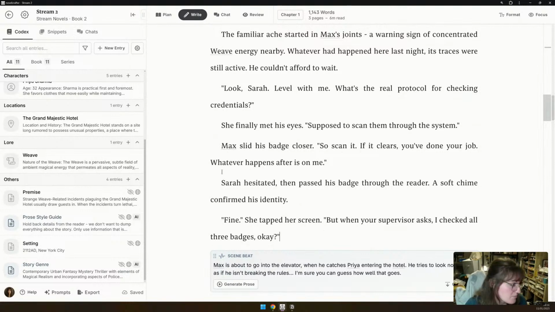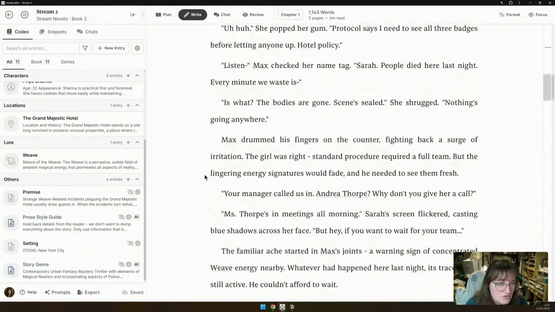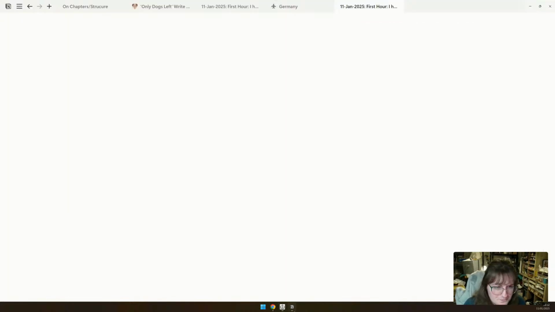So you just delete it, or you regenerate the prose and see what you prefer. You could even try and write the entire chapter in one go if you had ideas and you just wanted to type away your summary. You end up with 1,000 words, and then you're like, okay, convert that to prose. That is a totally viable way of doing things.